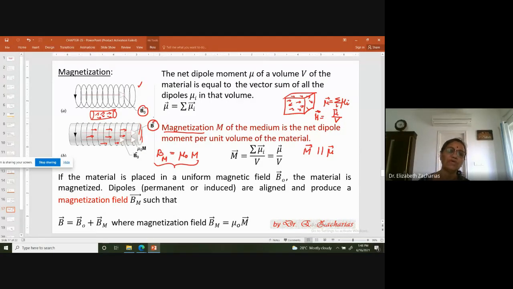Okay. Now you see what will be this net B. Net B will be the sum of the applied field and the magnetization field. So there are two fields now inside the solenoid. One because of the solenoid itself, the current in the solenoid, that is B naught. And the second is because the material got magnetized, it also contributes to the magnetic field, and that field is called Bm. So the net field is the applied field B naught plus the magnetization field Bm. Okay? So this is how you can actually use suitable materials inside a solenoid and increase the magnetic field that